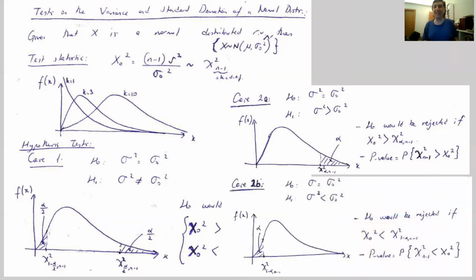And when it comes to case 2b, where the alternative hypothesis just changes direction, it is the very same story, but this time we are interested in this region. Therefore, the significance level is going to be 1 minus alpha here, because it's the right-hand side probability which this notation represents. And the p-value is going to be just the opposite of this slide. It's pretty much obvious and clear.